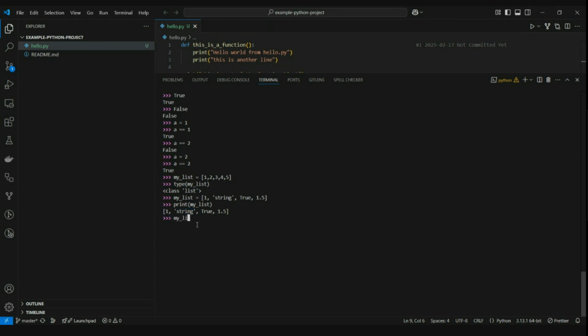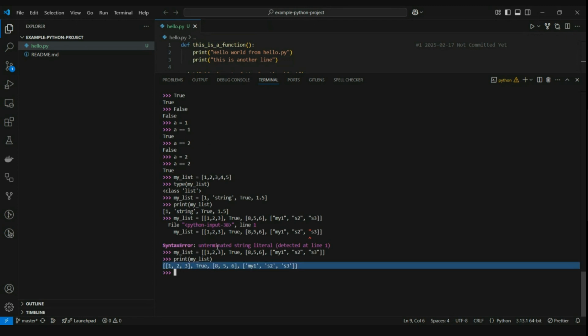Similar to this, we can have nested arrays, nested lists. I have one list. Inside that, I will have one more list, 1, 3, 4, and one more list, 5, 6. Or I'll have one more list with strings in it. This is all valid. If I print my list,